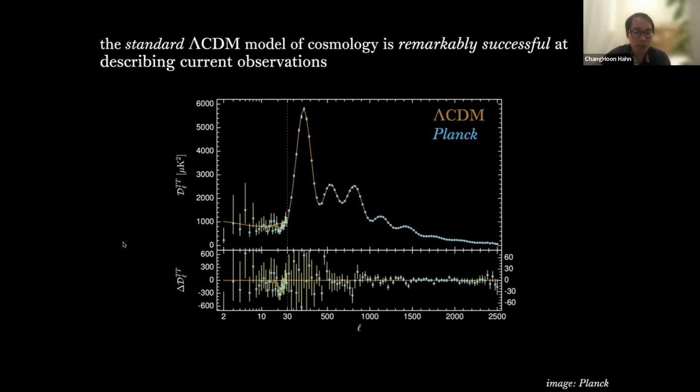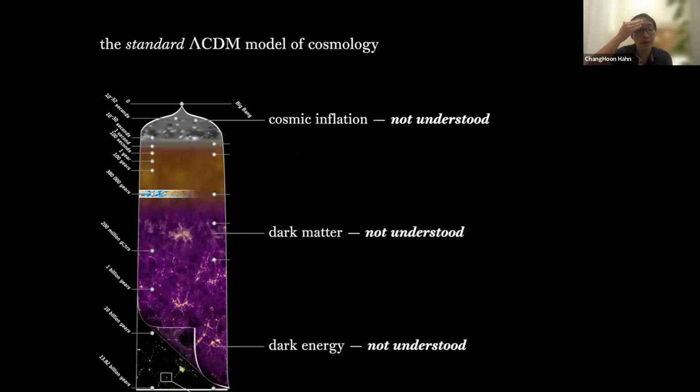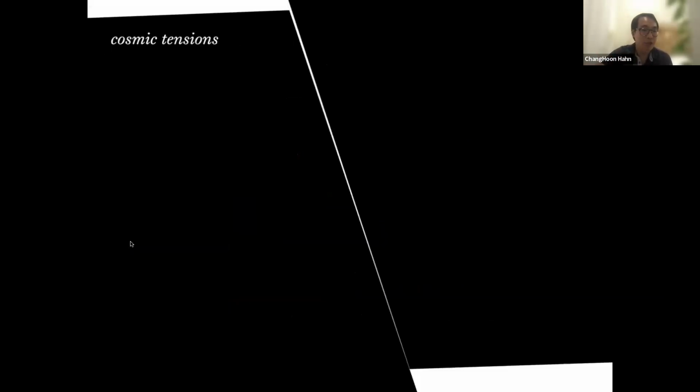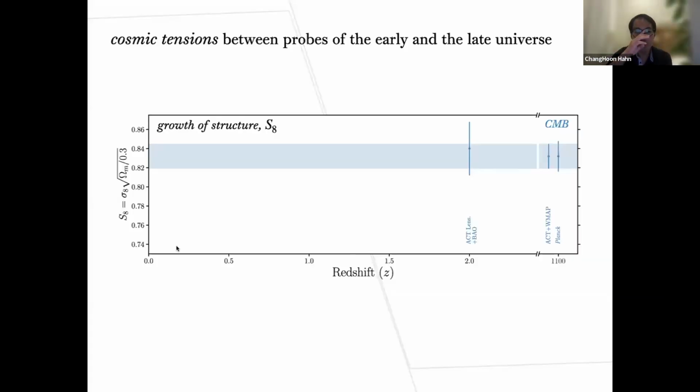But despite the successes of lambda CDM, one of the challenges is that none of the main ingredients or components of lambda CDM are well understood. And recently, we've entered this really exciting time in cosmology where there have been cosmic tensions between measurements from the early universe versus the late universe. So let me expand on that a little bit. Right now, I'm showing you measurements of the growth of structure from CMB experiments that probe the early universe at high redshift. And so compared to these measurements of this S8 parameter,